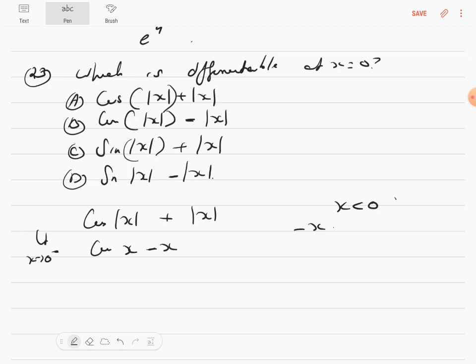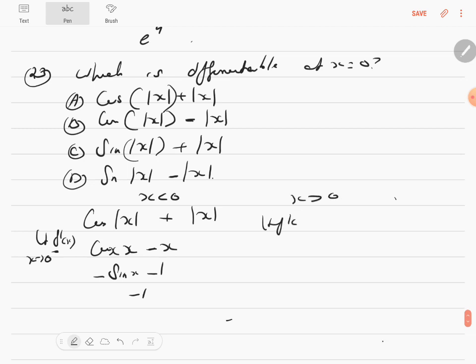So then it's limit of f dash of x tends to 0 from the left. This is the function, and you got to differentiate this. You get a minus sine x minus 1. And you put x as 0 here, you get minus 1 to be the answer. So this is the condition for x is less than 0. So let's see for left hand limit. Let's do for the x is greater than 0. Limit of f dash of x for x tending to 0 from greater than 0. It will be cos x plus x, and the cos x itself is minus sine x plus